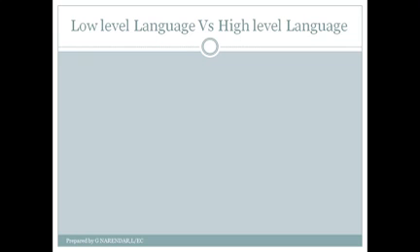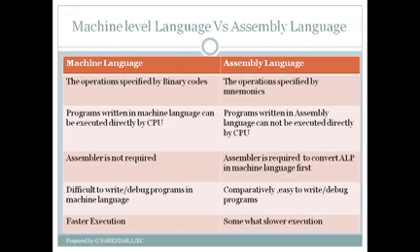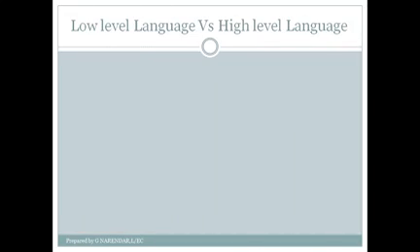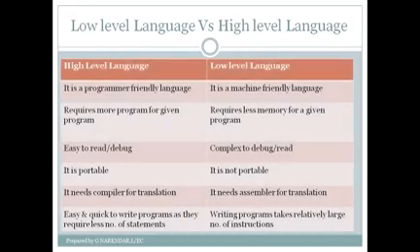So next we'll see the comparison between low level language and high level language. We will not be using the high level language in our curriculum. But as we said, there are three levels of language: machine language, assembly level language and high level language. So machine and assembly language